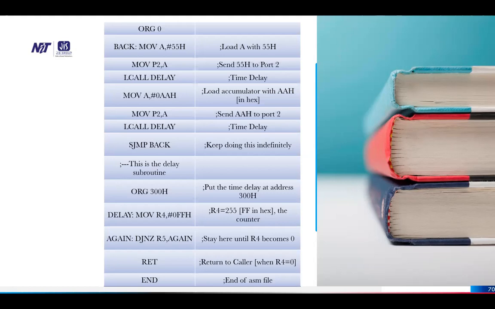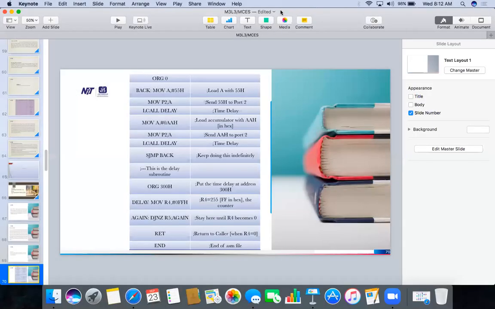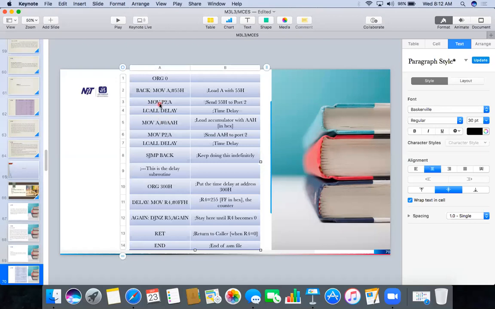So I want to show you how it works. Whenever it is LCALL DELAY, it will automatically go to the call, because from here the subroutine starts.